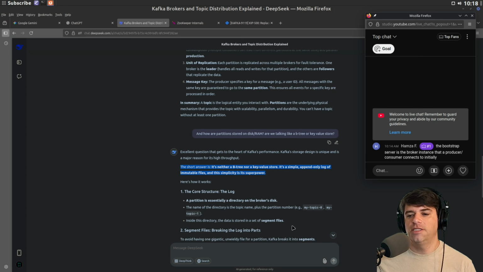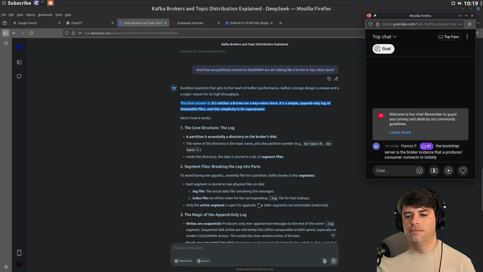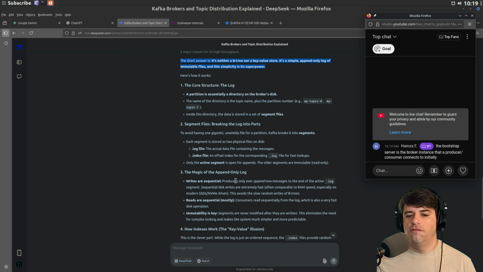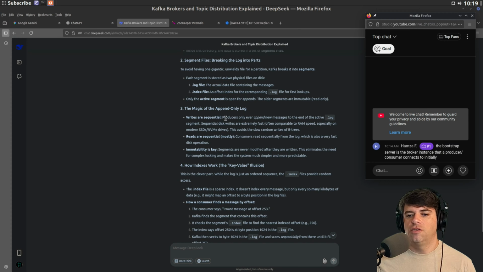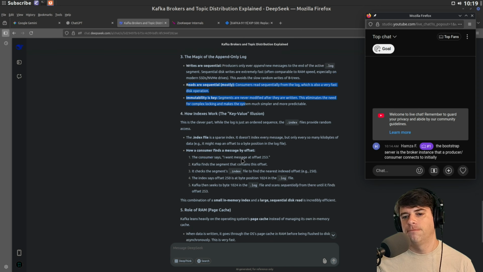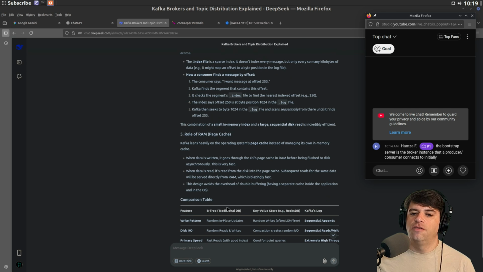It sounds like it's saying even on the disk, it's just a file, and then an offset index, and reads. So writes are sequential, reads are mostly sequential, and immutability. And then there's an index. And they just provide random access by keeping a record of the offset.